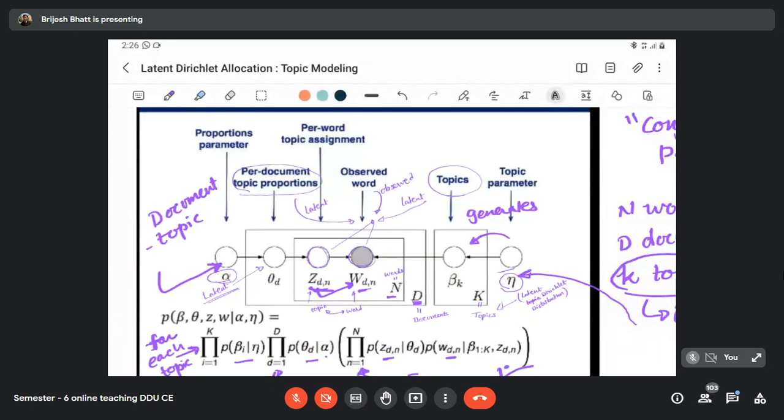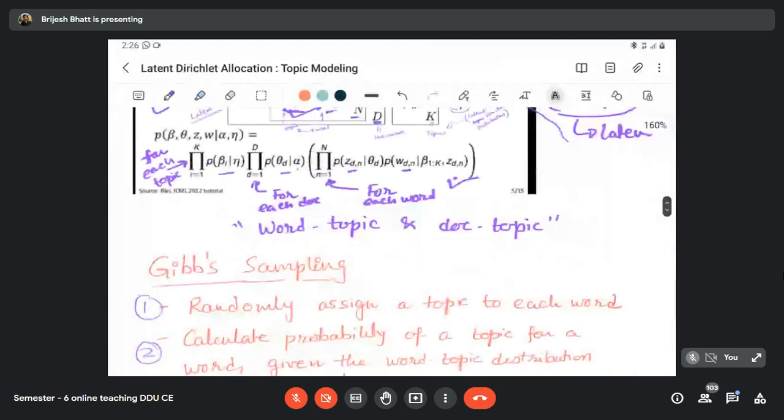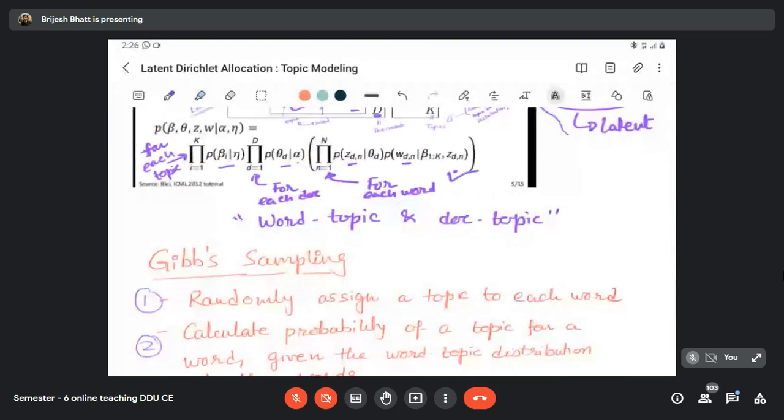So this is where Gibbs sampling comes to our help, and that's why I didn't go into much discussion about the Dirichlet distribution and this generative model, because that was the assumption that we want to use. The real thing comes from Gibbs sampling, and it makes the actual implementation very simple. So even if you are not clear about these probability values and confused about the details, this will make everything very clear, and it will make the practical implementation of the LDA technique very easy. Let us see how it works.